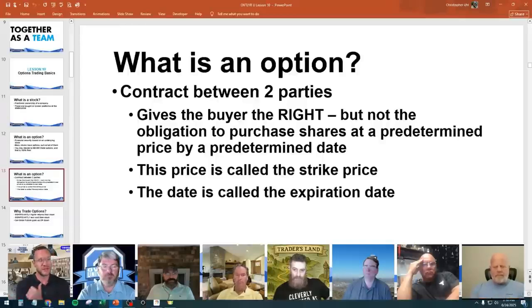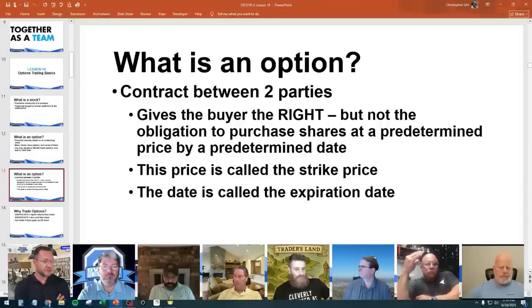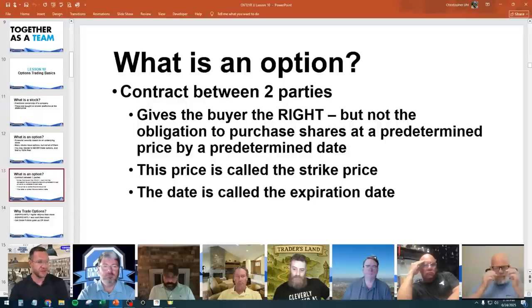So whenever Joe sells that to me, I'm basically saying, hey, I want to buy the stock at this price by this date, right? And just to simplify it, I want to buy this stock at this price by this date, okay? And that price is called the strike price, and that date is called the expiration date. So I want to buy this stock at this strike price on this date. Everybody following? Or by this date. It's any time between now and that date. That date is the last date of it.